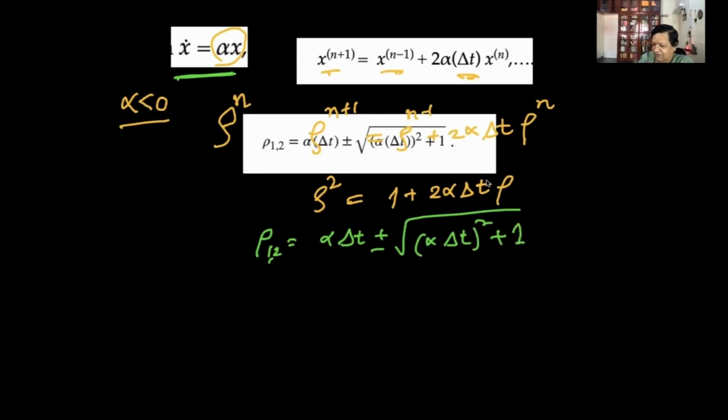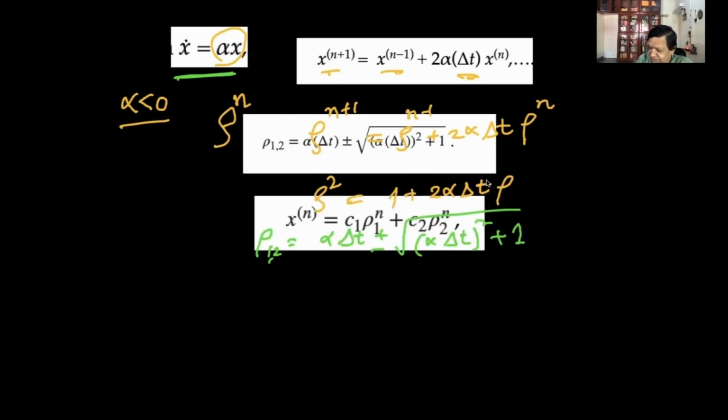Okay. Now, my general solution will be xn is c1 rho 1 to the power n plus c2 rho 2 to the power n. So both of them satisfy. It is a linear equation, so superposition will hold, and that is my solution. Now, this solution has a problem. What is the problem? If you expand this rho 1, 2,